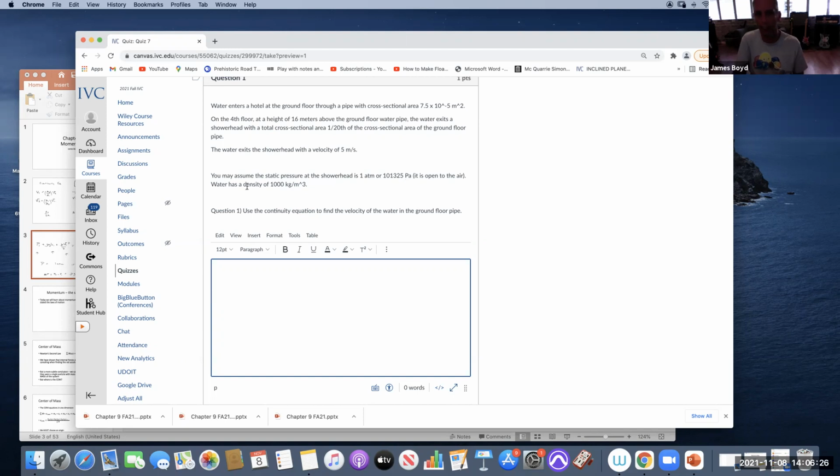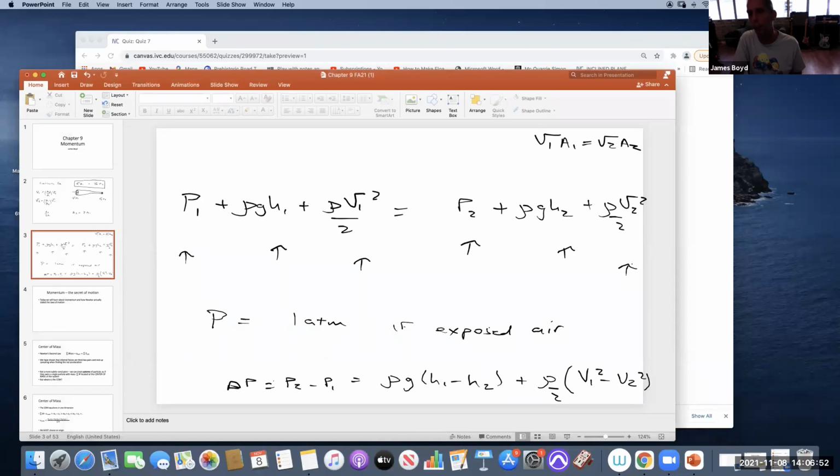Water has a density of 1,000 kilograms per meter cubed in this problem. First of all, it tells you to use the continuity equation to find the velocity of the water in the ground floor pipe. We know the velocity at the shower head. We know the cross-sectional area at the ground, and we know that the shower head has a cross-sectional area 1/20th of that. By putting these things in, you should be able to get what the velocity at the